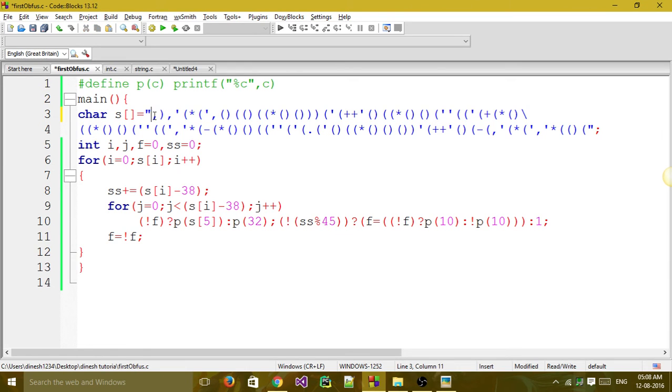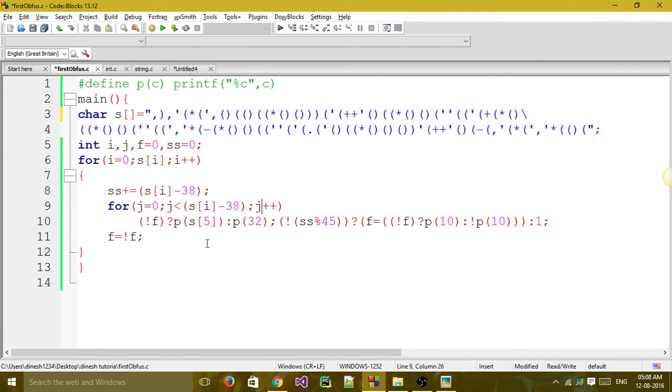So if flag is 0, it will print x, and if flag is 1, it will print spaces. In this way I wrote the code. So let us see the jth loop. The jth loop is running from 0 to s[i] minus 38, which means the count of this character. That means how many characters should be printed.